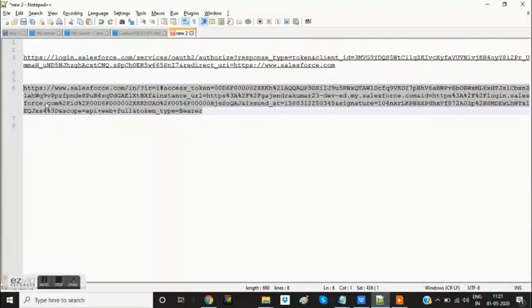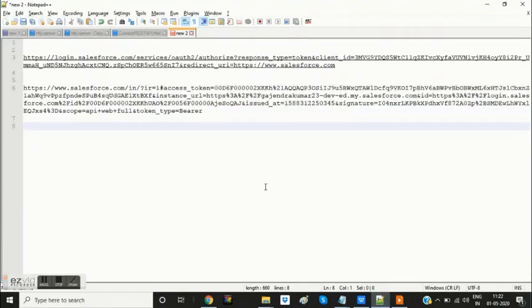So if you receive this response, it means your connected app is well set up and allowing access from an external system to the user. Now the next step would be to use this access token to make a request for data creation or querying for data.